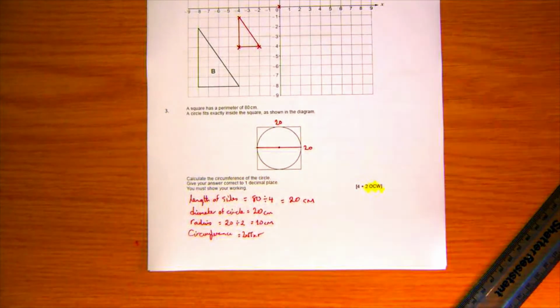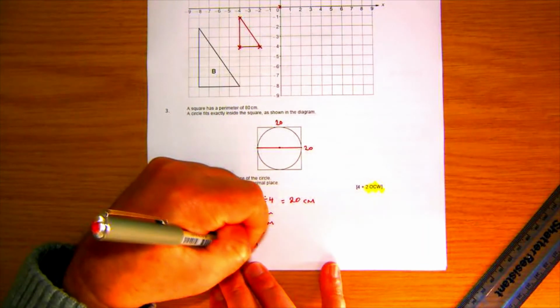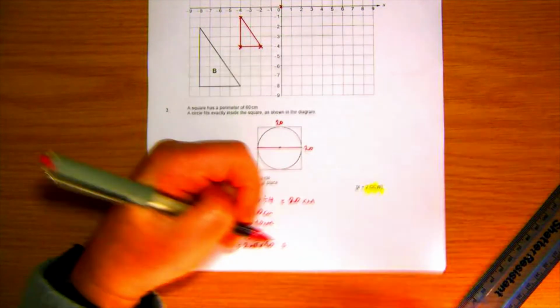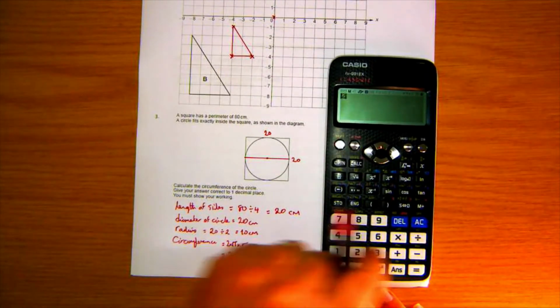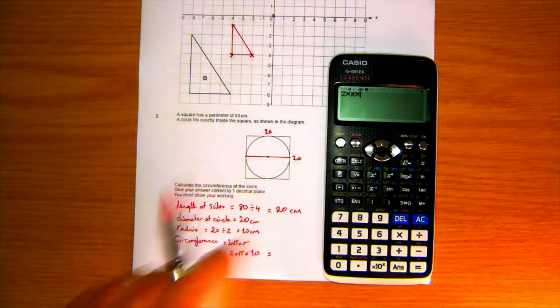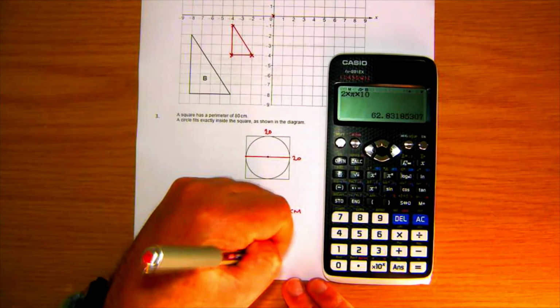You may also know that as pi times diameter, but when we were practicing these a couple of weeks ago, I was getting you to remember it in that form. So for me, that's going to be 2 times pi times 10. I can put that onto my calculator. 2 times pi has got its own little button, shift and this, times 10. Press equals, and you get